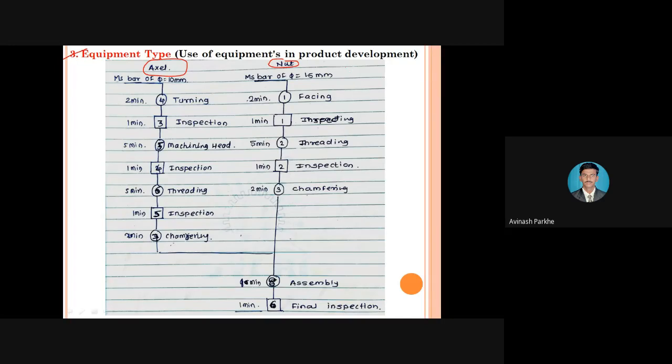Initially, I will manufacture the nut. I will take the raw material of 15 mm diameter. I will locate that job on that machine. But here, the movement of the material from one location to another location, or the movement of the man to fix that job on that machine, is also not represented by using this equipment type of flow process chart. Only operations performed by that equipment are represented.